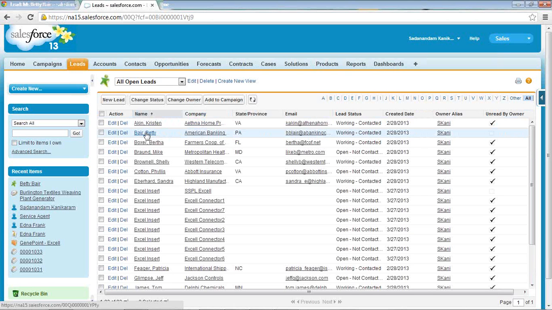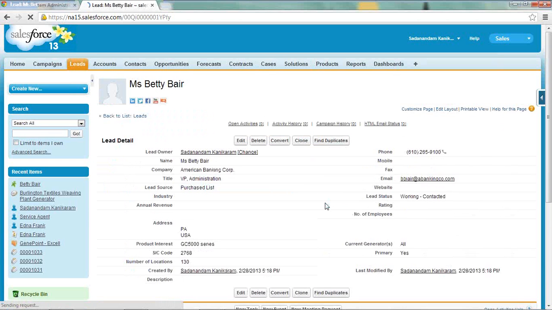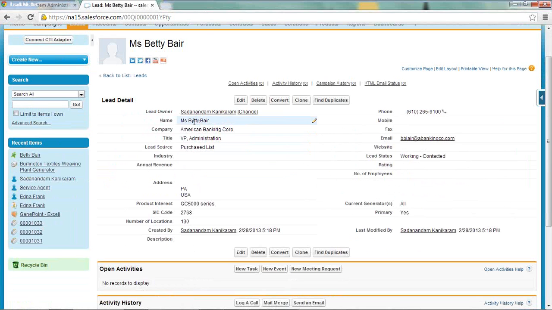Then I'll click on this Bear Betty lead. Now what I will do is make a call to Miss Betty and ask, okay, you have shown interest in buying our product which is running at 30% discount. Sometimes people just send the information for the sake of sending, though they are not interested, or they think they want to buy it, but later on they may back out of spending money on that